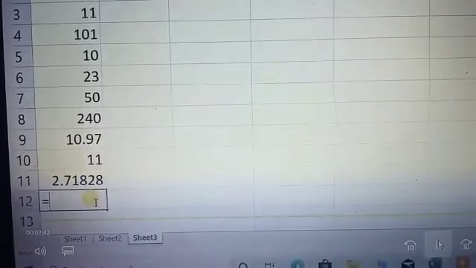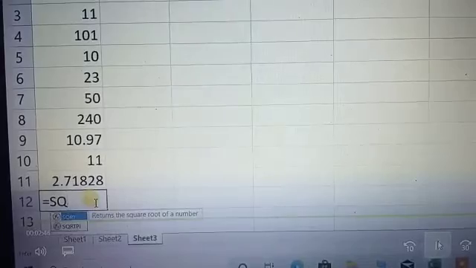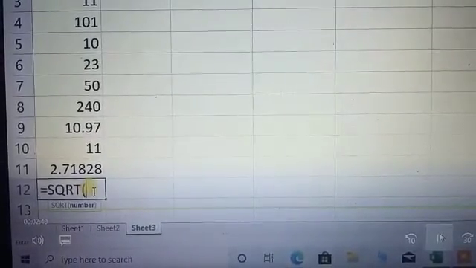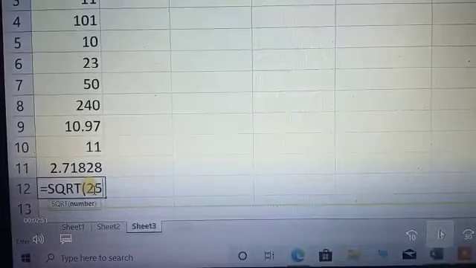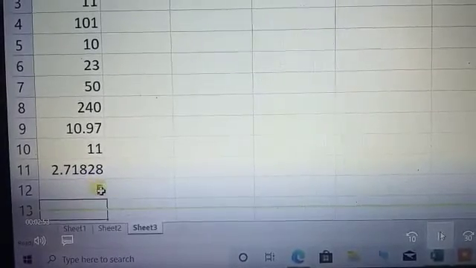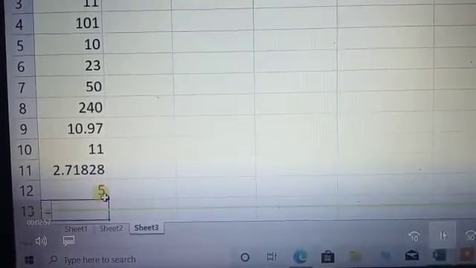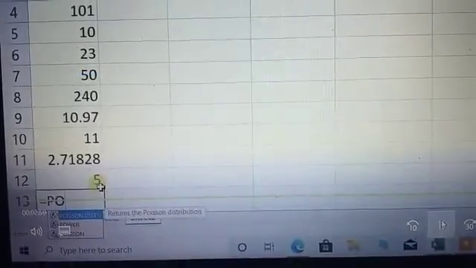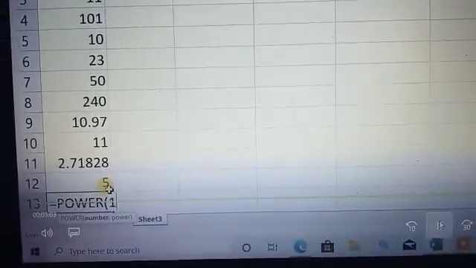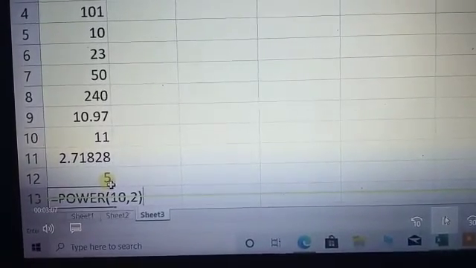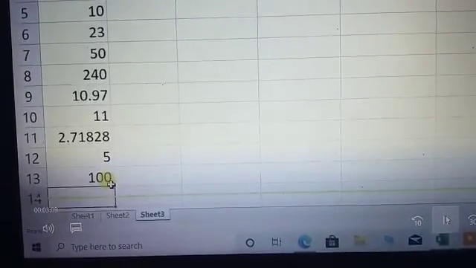Then I mention sqrt, the square root of 25. It gives the output 5, because the square root of 25 is 5. Then power. Here I have mentioned 10 comma 2. That means 10 raised to the power 2, and it gives the output 100.